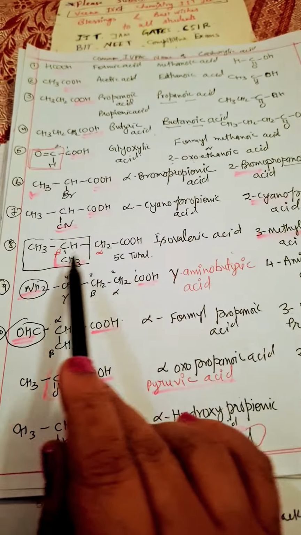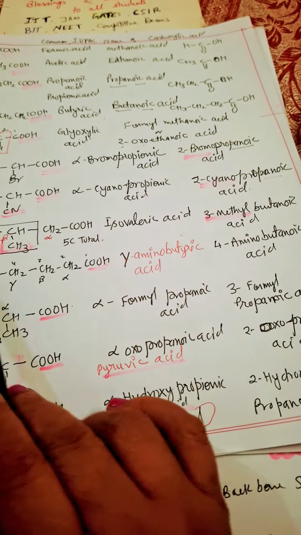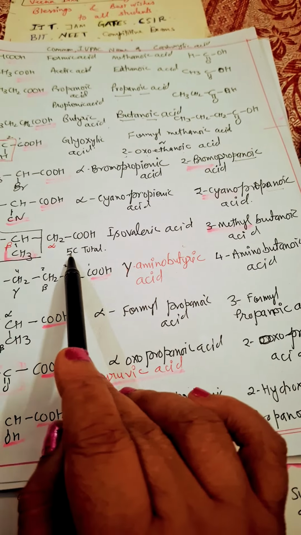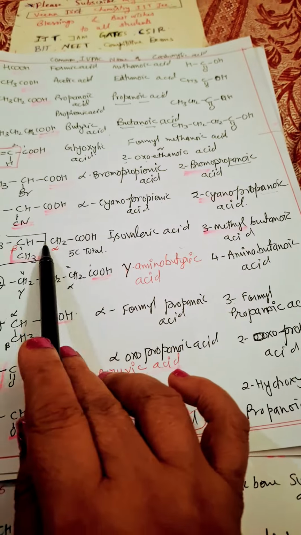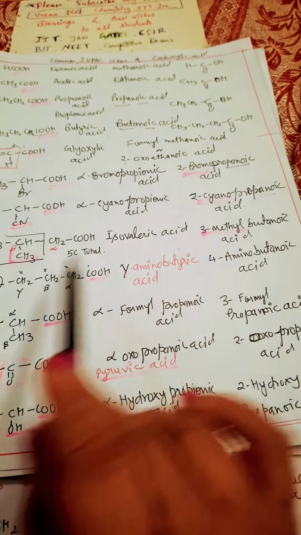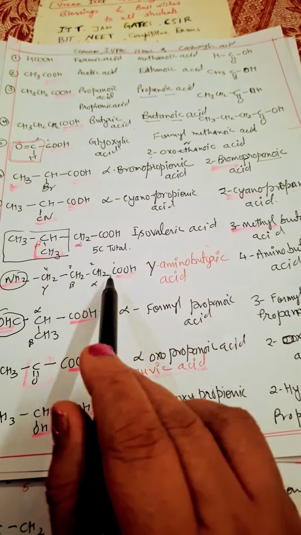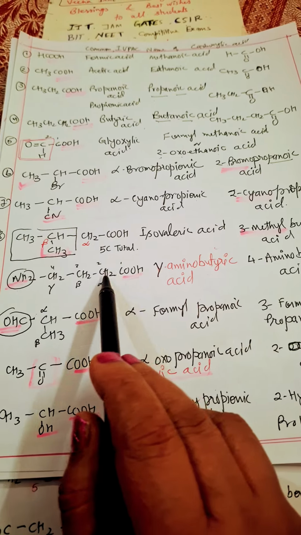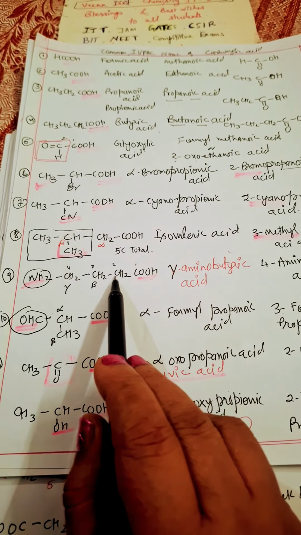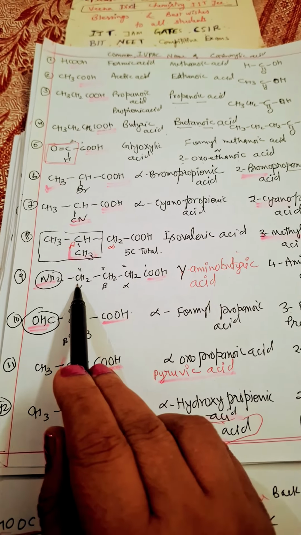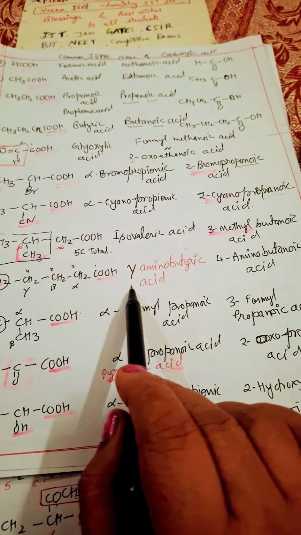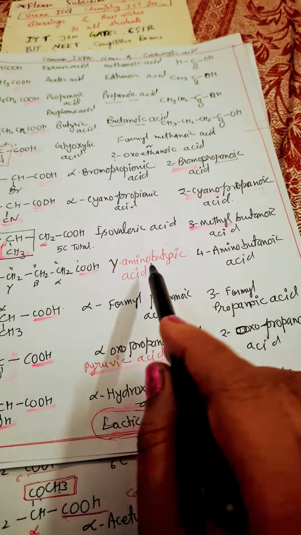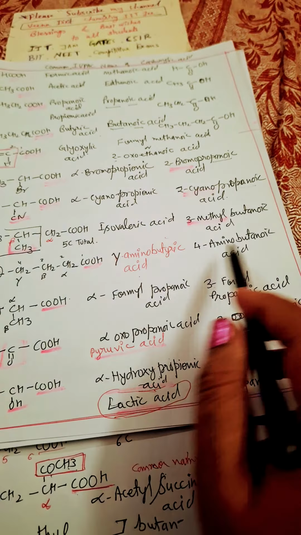Now in this case isovaleric acid, very important. Here iso grouping is there, total 5 carbon, so it will be actually 4, this 1 2 3 methyl butanoic acid. Now at gamma position, this is adjacent to carboxylic group, alpha carbon, beta carbon, gamma carbon, so common name will be gamma amino butyric acid, but IUPAC 4-amino butanoic acid.